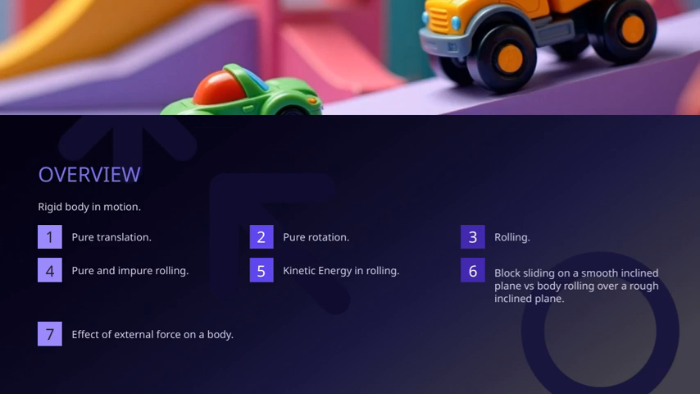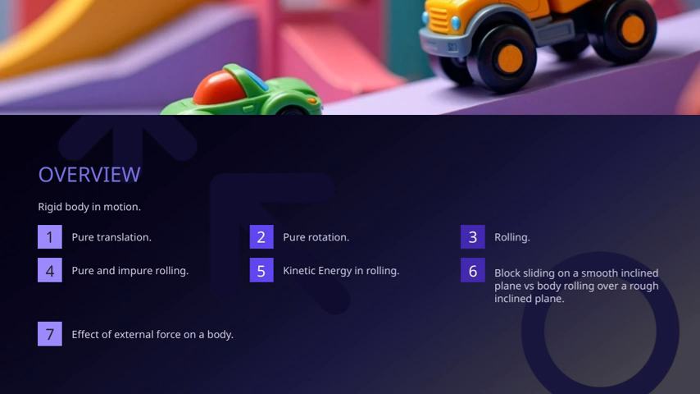When an object rolls, it involves more complex motion compared to just sliding. Rolling incorporates both translational and rotational motion, which brings us to the concept of kinetic energy in rolling. Unlike pure translation, where the entire body moves uniformly, rolling involves rotational energy as well. This leads us to the idea of pure rotation, where all parts of the body rotate about a fixed axis